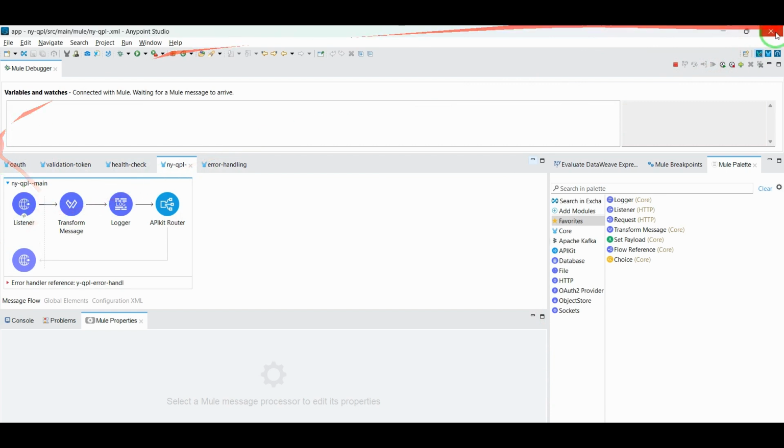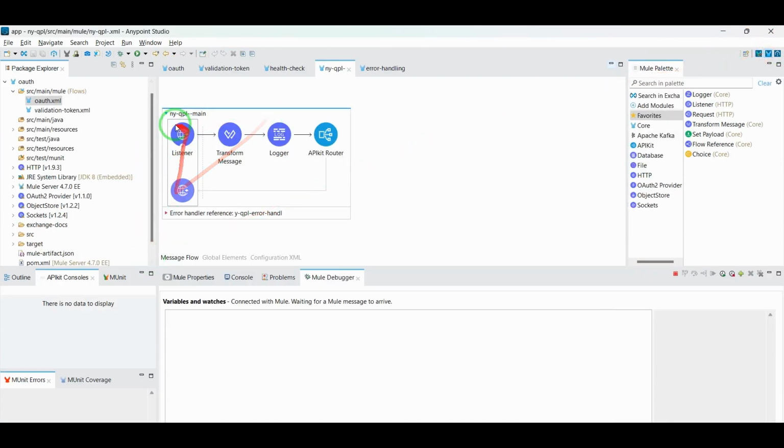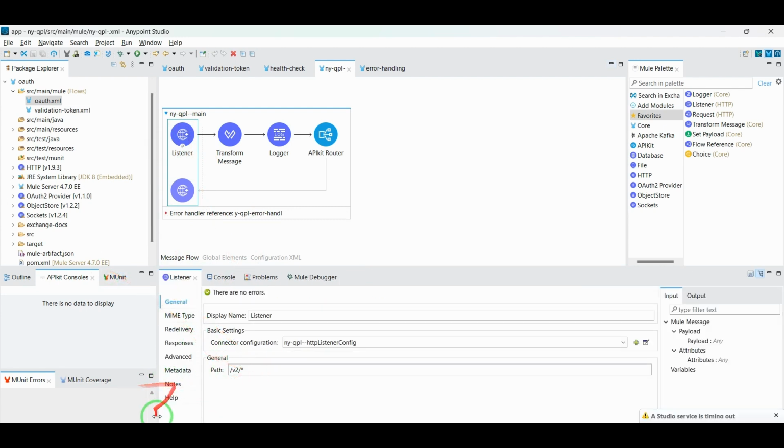So in the next video I'm going to show you how to add SSL, so you could do the SSL with it. The next video will be based on SSL, and the third video I will